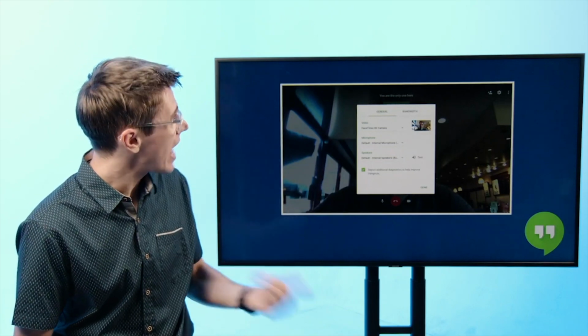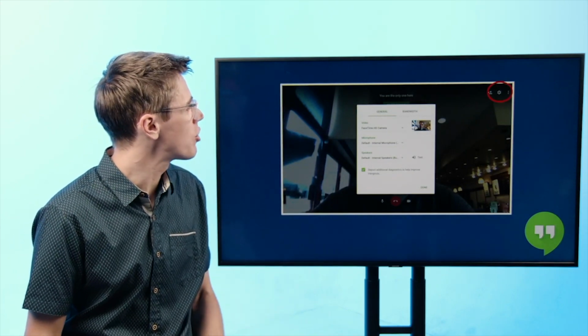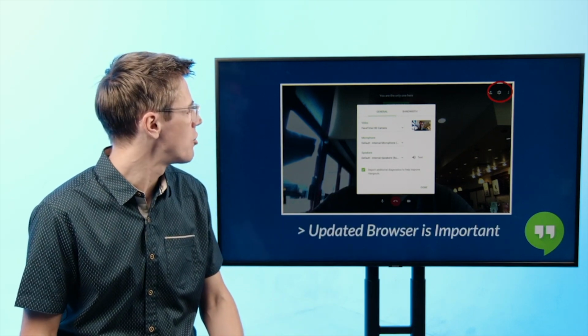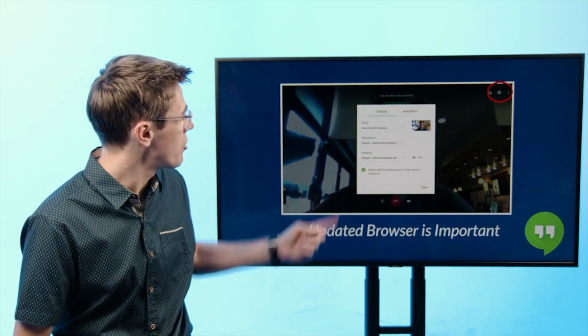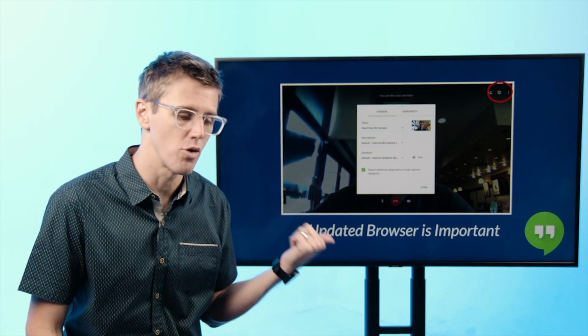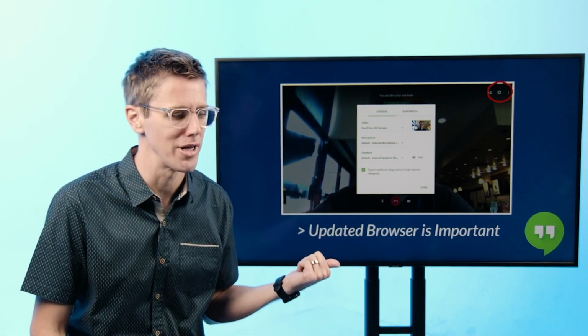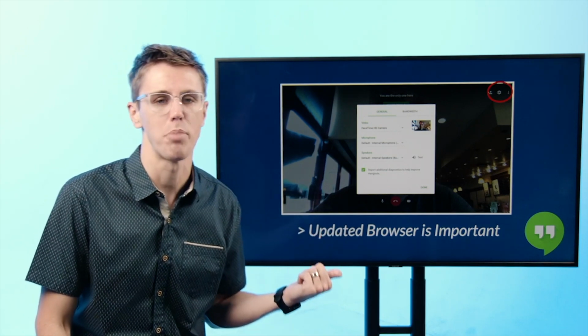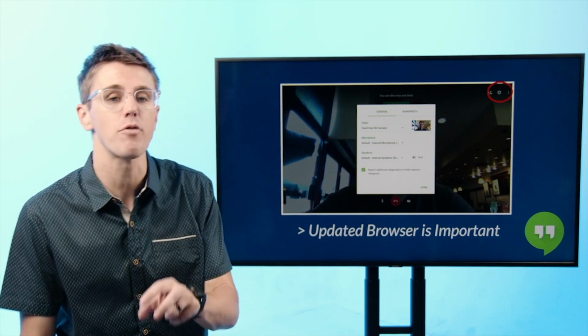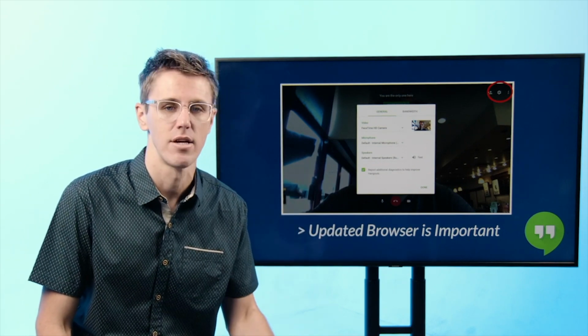And then lastly is Google Hangouts. Google Hangouts has this gear icon in the upper right, where if you click on that, you can actually change out video and so forth. The other thing about Google Hangouts that's kind of particular is it is a browser-based meeting software. And what I mean by that is Zoom and Skype are software you download to your device, and so you just need to make sure that software is up to date. But Google Hangouts is web-based.